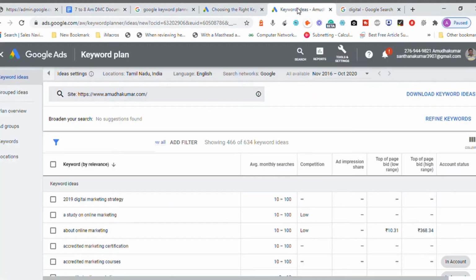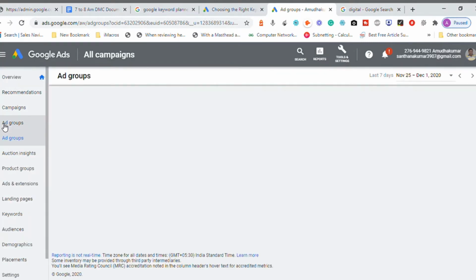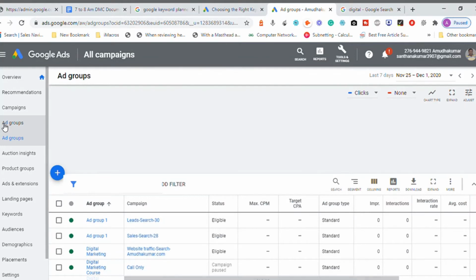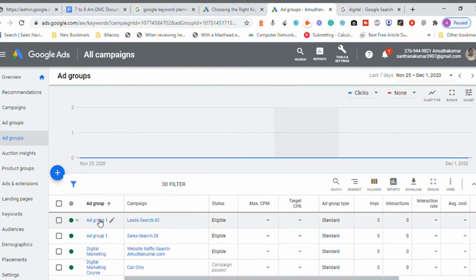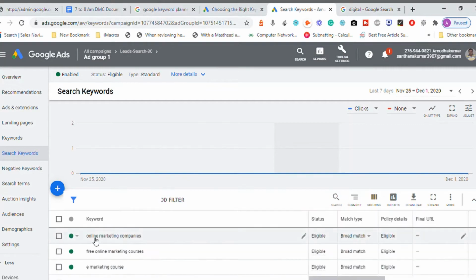Now, when you use broad match inside your ad group, let me show you in parallel. There is something called an ad group here. You can select any of the campaigns and select the specific ad group. Inside the ad group I'm going to add some keywords.